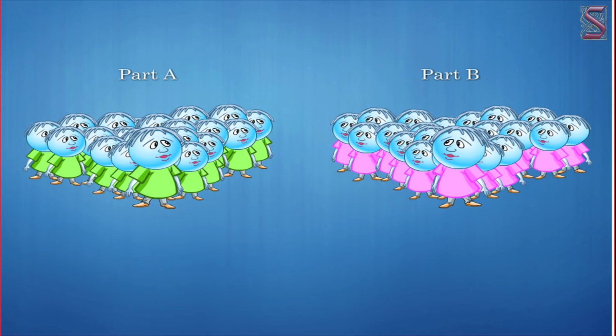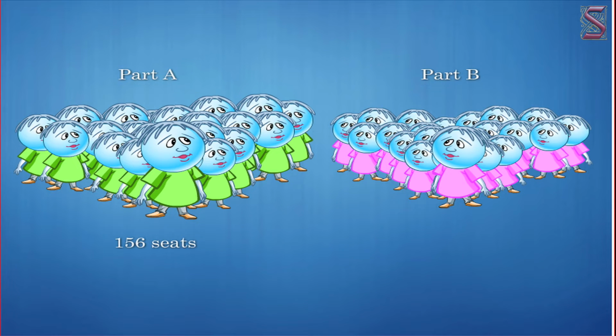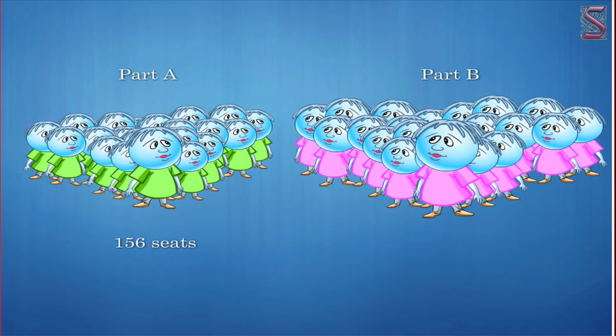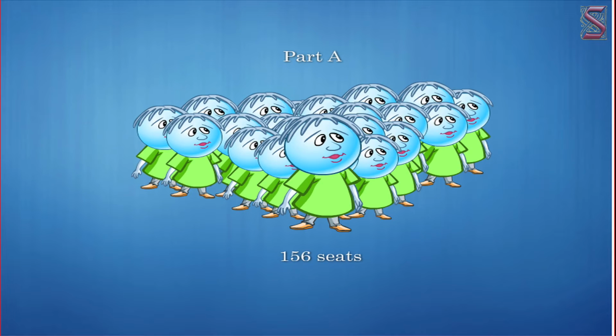Once the elections are over, the government is formed. Now let's understand how the government is formed. Now, suppose there are two parties that contested in the elections. There are a total of 294 seats. Party A got 156 seats and Party B got just 92 seats. So, Party A is in majority and is in a position to make laws and get them passed also since its members are in majority.